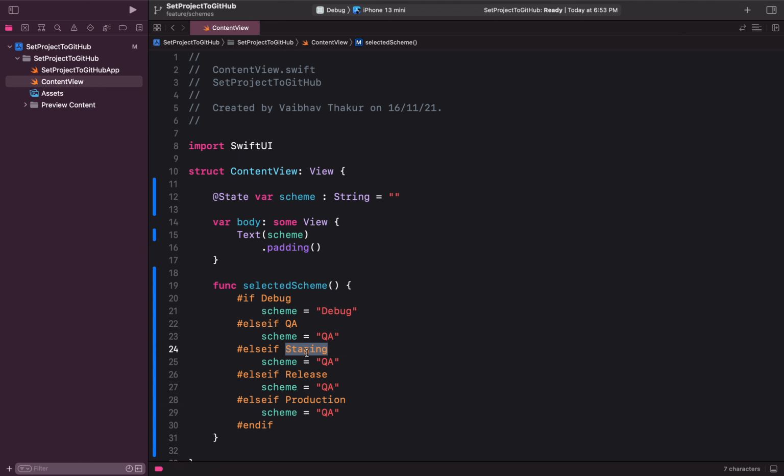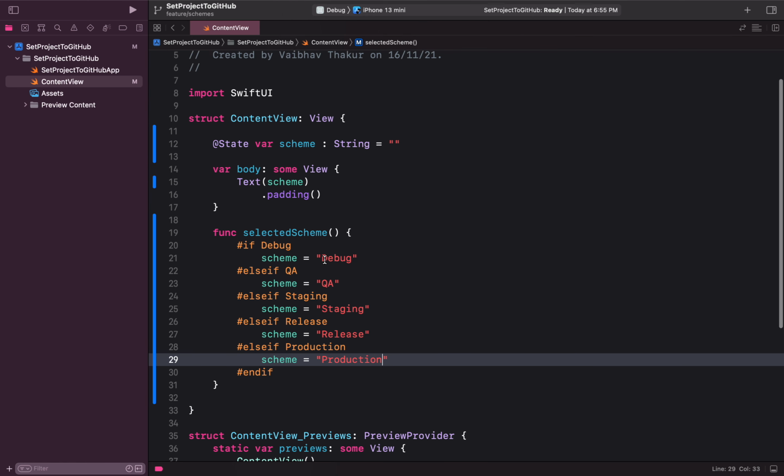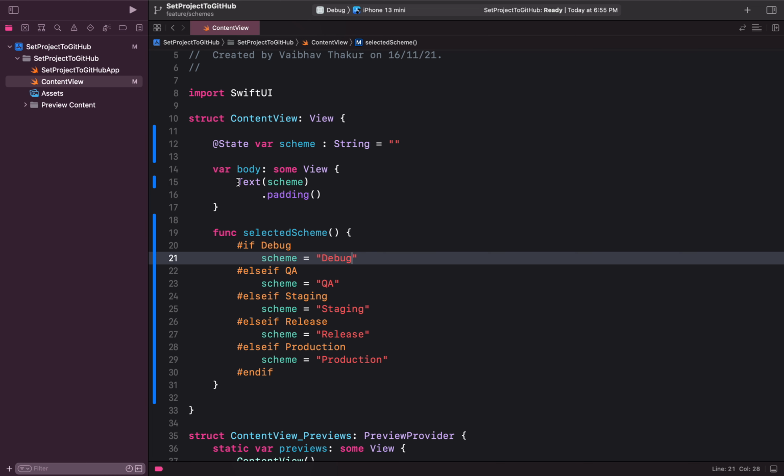So just change this string name as well. Yeah, likewise it is done. So now I'm running this project in the debug section. What this will do, it will show the debug name as the text over here.